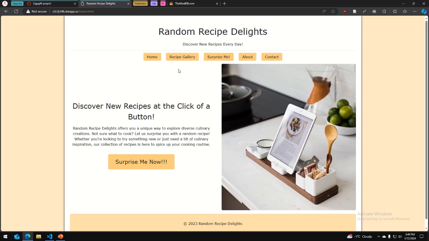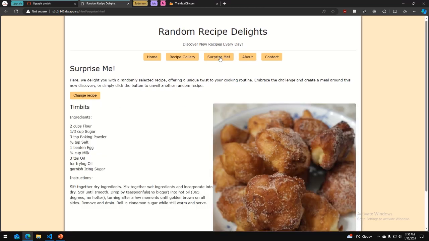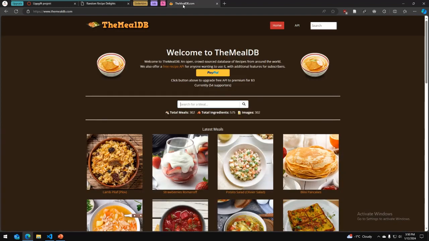How the website works is that you have this surprise me button, which is the same as in the navigation bar, but the home web page shows you instantly and easily what the website does. So you can quickly just randomize a recipe, or you can click in the navigation bar, and then this fetches a random recipe from the whole database